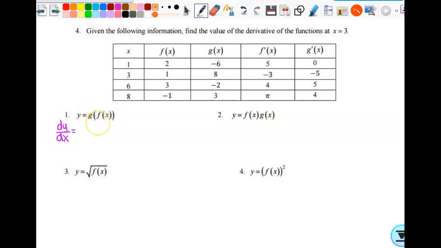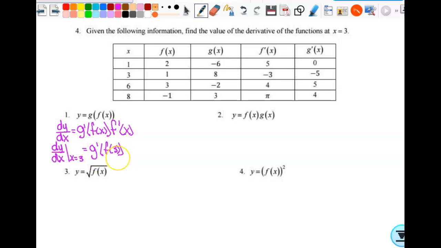Is this product or is this chain? Chain, because I have a function inside of a function. So I take care of the outside first, g prime of f of x, then I multiply that by the derivative of the inside. When I want to evaluate this at x equals 3, unfortunately, I do not get to just change this to 3. It looks like this: dy dx evaluated at x equals 3 equals g prime